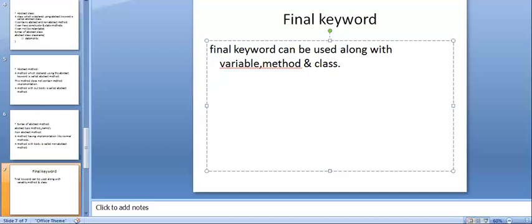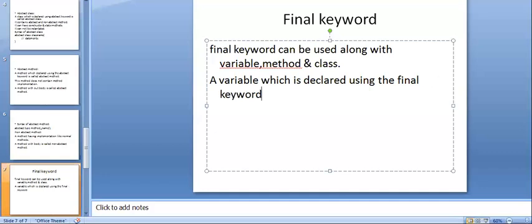A variable which is declared using the final keyword is called a final variable. What will this final variable do?